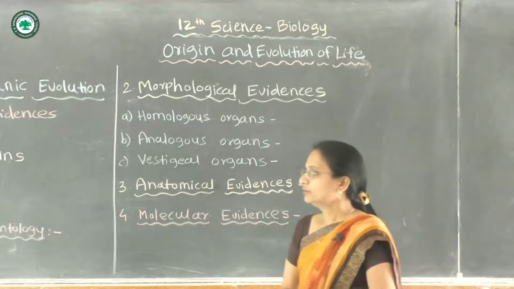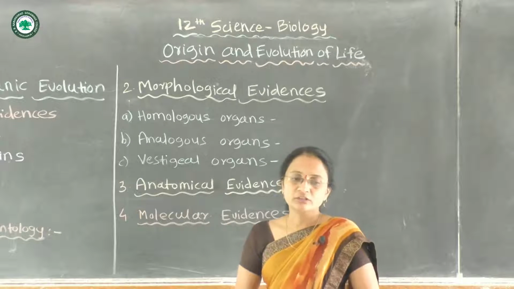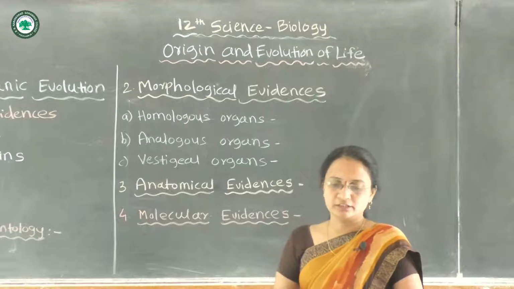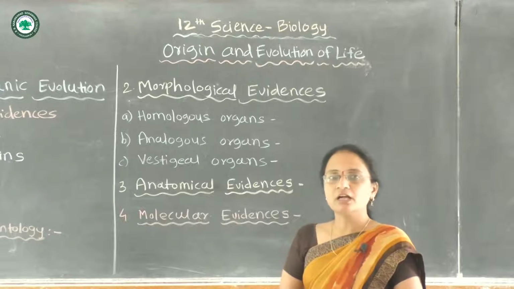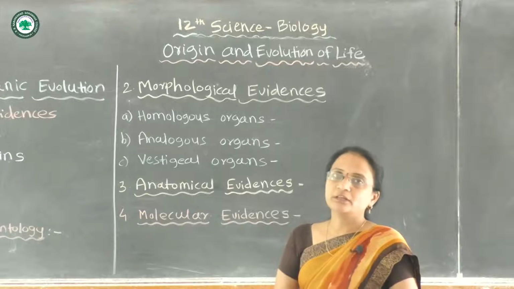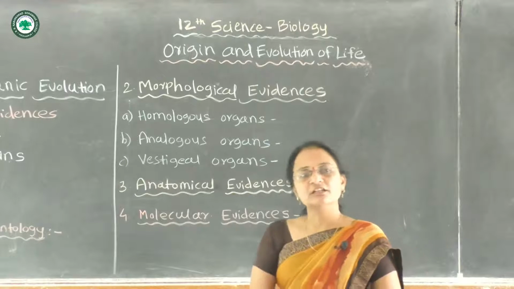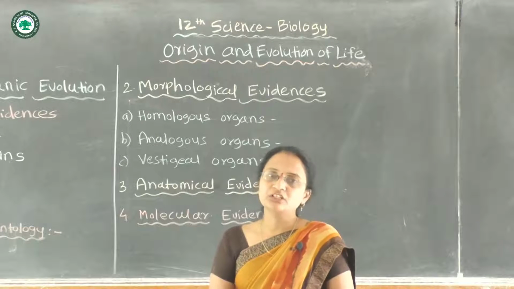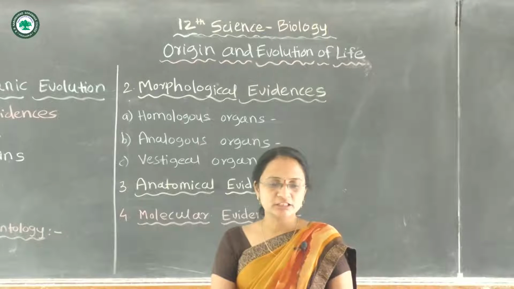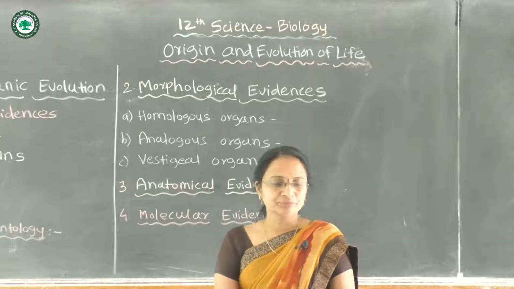Along with that, with the help of the fossil record, the connecting link can be observed. And what is this connecting link? The connecting link shows the relationship between two organisms. The example is Archaeopteryx. Archaeopteryx shows similar characters of reptiles as well as birds, and so the characters of both reptiles and birds are found in Archaeopteryx. This fossilized Archaeopteryx bird is found in the Jurassic rock in Germany,